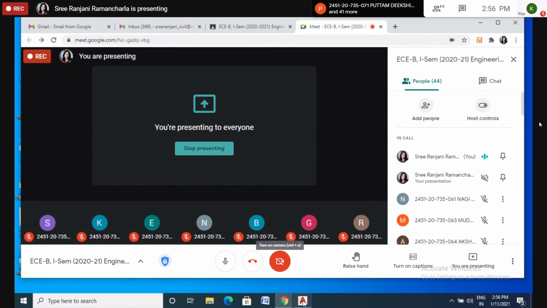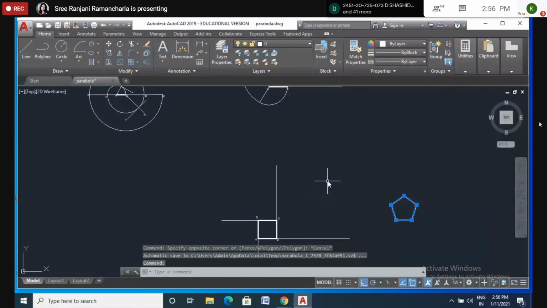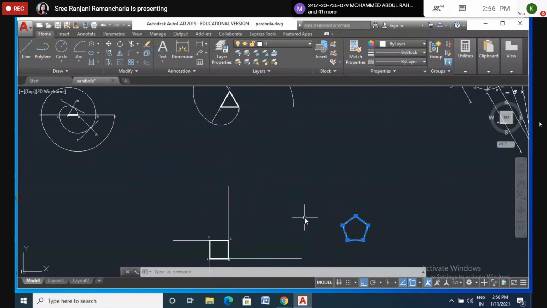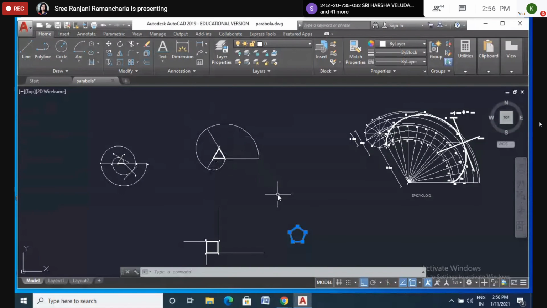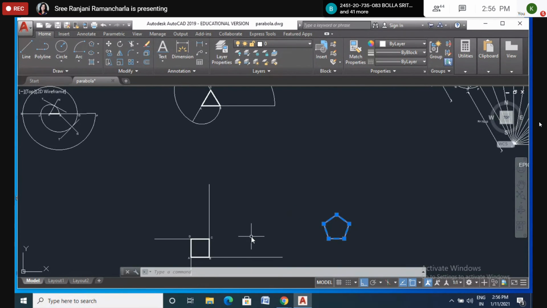Those who have not completed, please complete the line, triangle, square, and pentagon. Please complete these 4 now. And show the normal and tangent on only one side. Don't try to show it twice or thrice. Please show only once. I explained here how to show the normal and tangent on each curve. Please show only one side, either here, here, or here. Here also show only one side, not all the sides. Normal and tangent. Okay.